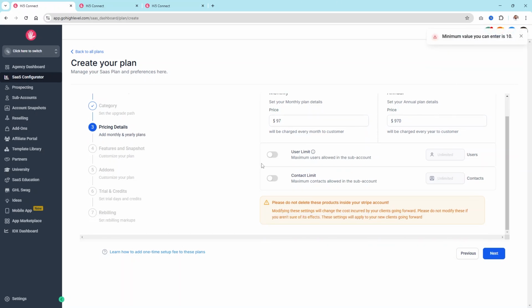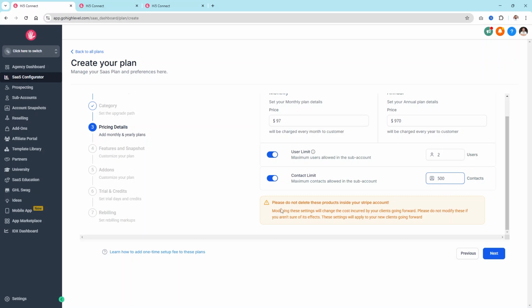That's what I do. And if you want to limit the number of users that can be set up in the sub account, so under the staff part, if you say, hey, this is a basic plan, I'm sorry, I'm going to limit to 2 users total. Maybe an admin and an assistant. And you can also limit the number of contacts. This happens a lot. So maybe I don't want them to have more than 1500 contacts, and if they have more than that,